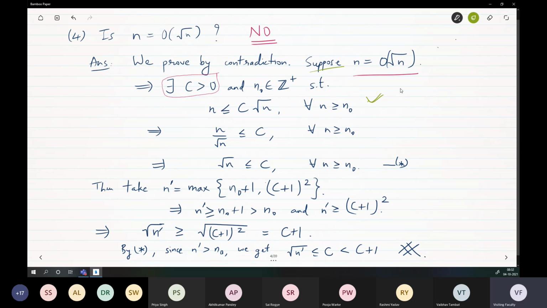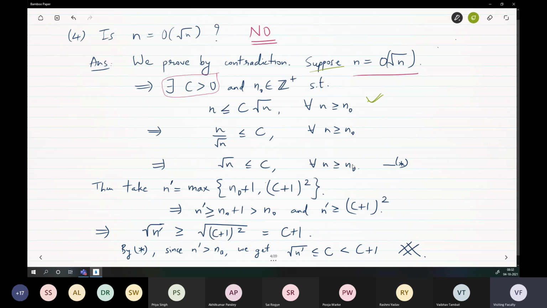Correct. But now the idea is to do some tricks that you know, some arithmetic. So add something, subtract something, divide something, multiply something. You have to play with inequalities and get a contradiction. That's what you try to do in every proof by contradiction, right? Do something that you are familiar with. Use something that is given to you and get a contradiction. That's what you have to do here. Correct? Is that okay? Yes, sir.